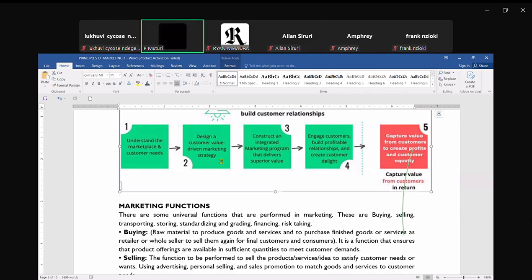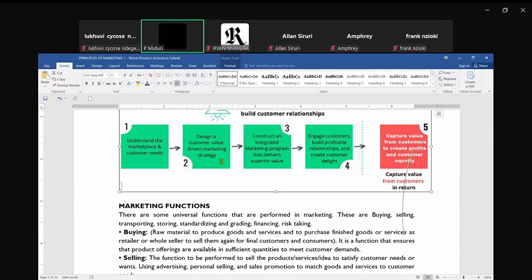So identifying who to serve, for instance, some products are targeted to a particular profile of people. Some products are targeted to women, that's an aspect of customer-driven strategy. There are women's products, men's products, targeting by age, the way you bring up some products for young people, for older people. How you promote them is also relevant to that particular market profile or segment. So it's about market-driven strategy.